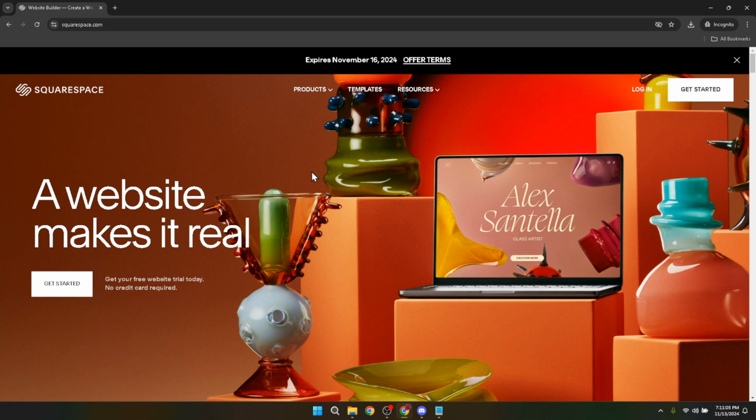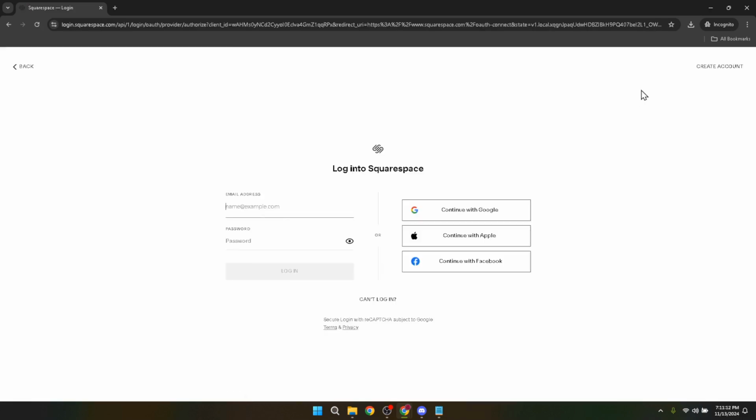First up, head over to the Squarespace website. This is where all the magic happens. Once you're there, you'll need to log in to access your site's backend, where you can make all sorts of customizations, including removing banners. To log in, click on the login button, usually located at the top right corner of